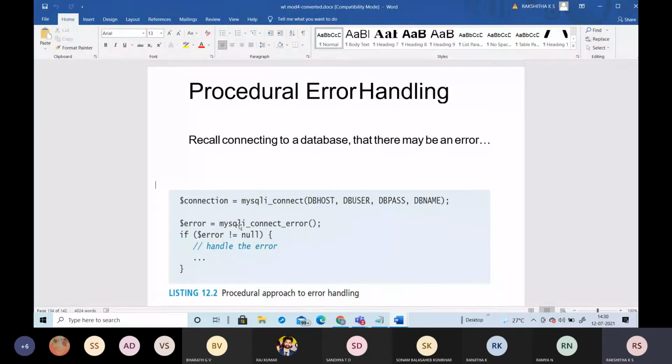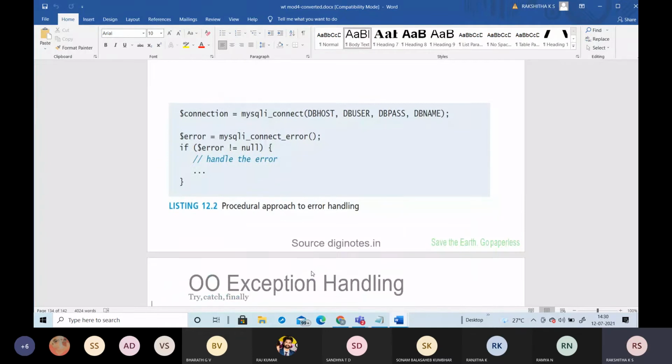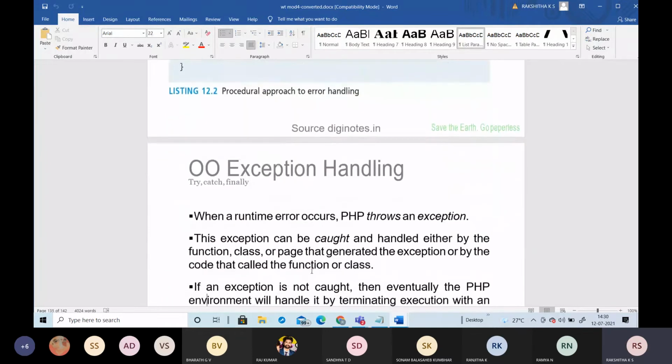That is the MySQL connect error, and you may get it if it is not equal to null. If the host value, the user and the other values you have passed are correct, then there is no error, so you can handle your errors in the procedural manner.